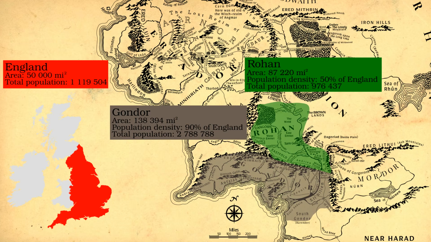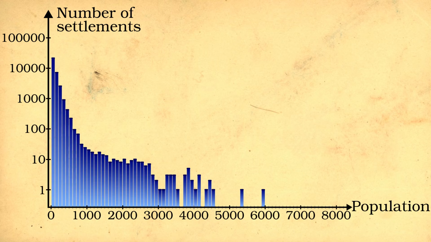However, I assume that Gondor has a slightly lower population density overall, say 90% of England, because its territory includes mountains and other sparsely populated zones. And Rohan has a much lower population density, just half as many living per square mile as England, because with its horse lords, its society is much more rural. This rough estimate gives a total population of 3,765,000. I was then able to randomly generate settlements distributed similarly to the Domesday Book until I reached this population number,